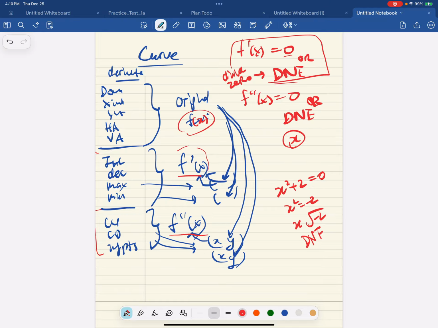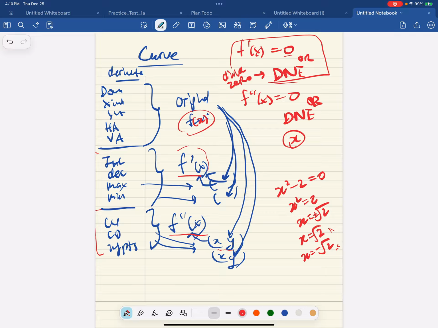So in this case, there's no d and e. If it was instead minus 2, then x squared is equal to 2. So x is going to be plus or minus root 2. So there are 2 points possible: x equals root 2 or x equals negative root 2. So these are the points that you're going to be testing, plugging into the function, and seeing if that point exists